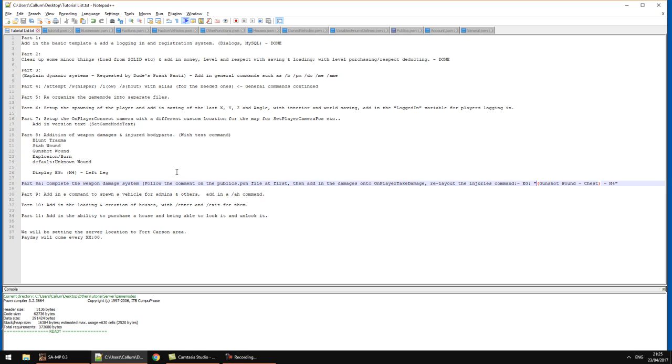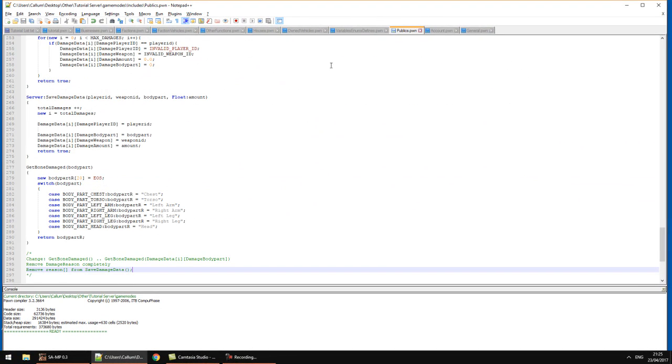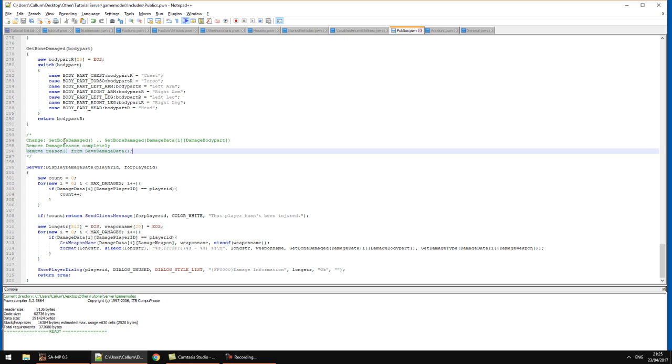Okay, so in this section we're going to be finishing off the weapon damaging system. This bit here is for my notes. Then we will add in the damage to the on-player take damage. We're actually going to change the layout of the injuries command as well, and that will be all for this one. So what we need to do, if you go here and look for